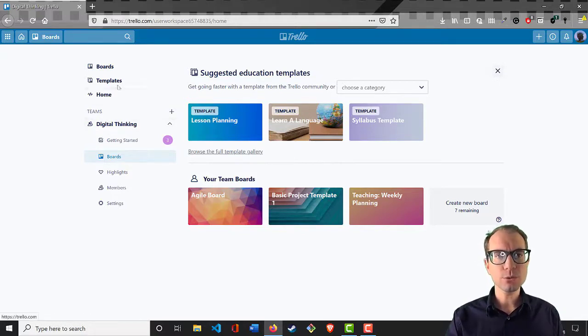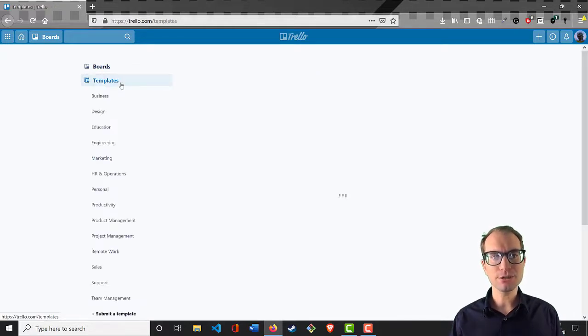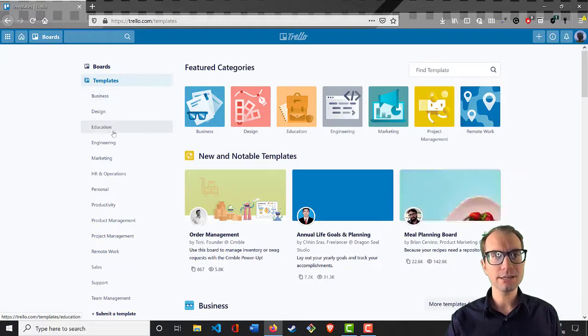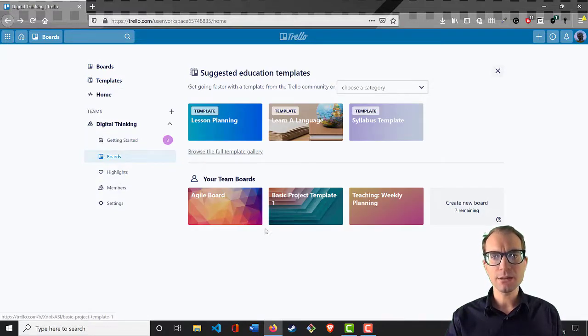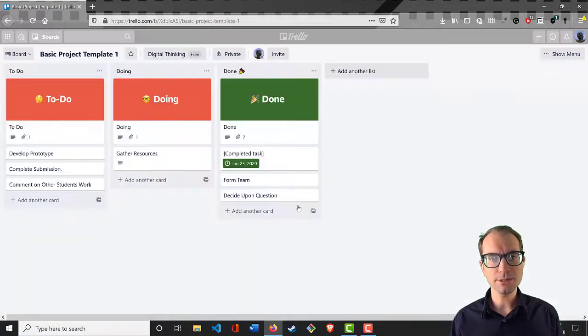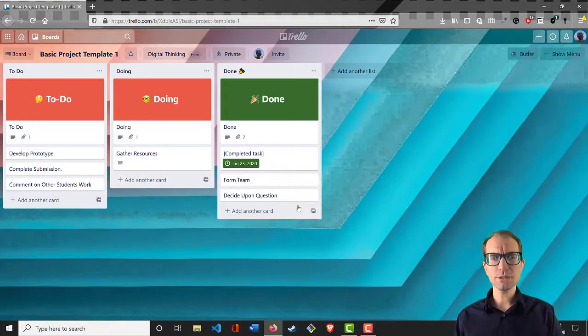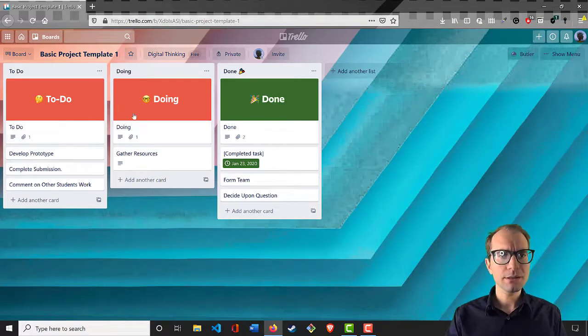Within Trello, there's a whole host of different templates that you can use. Some are focused on business, some on design, education, etc. I'm just going to look at a few that I have already set up on different ways for running projects. So look at one right here. This is just a basic project template. So this is one that I set up where I just have 3 categories of things: to do, doing, and